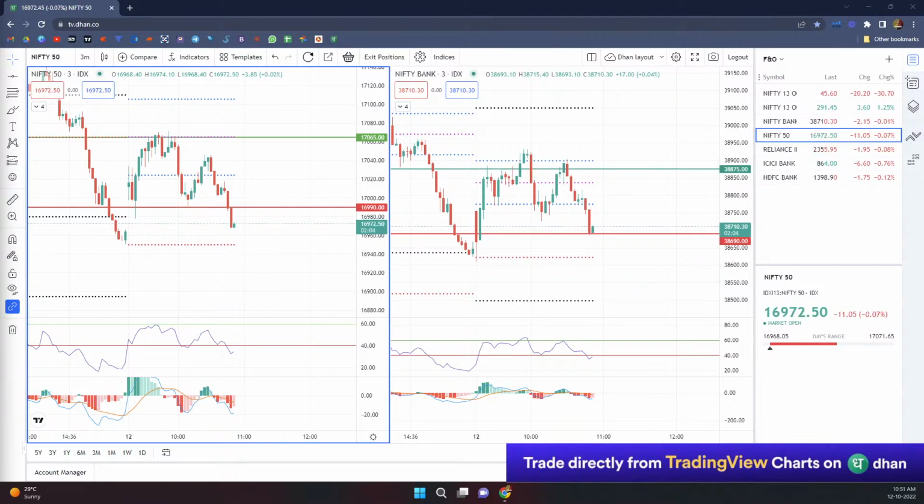What they would have done ideally, people who would have taken a position yesterday, imagine you would have taken a position at 38,700 or 38,800. Once it went to the 39,000-odd level, which is a crucial level, you would have felt the market is going up and it is going with the volume. Let me book my loss. People who would have shorted would have booked the loss. Now it is going lower. The same person will be cribbing and saying, oh man, I should have waited for another hour or so.